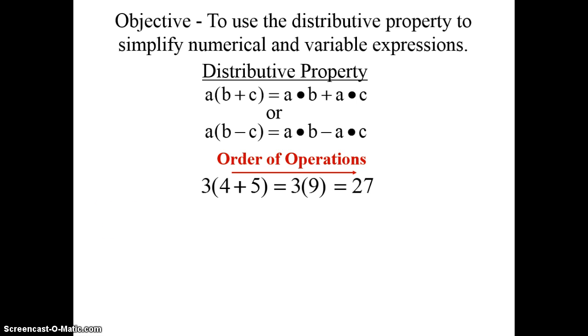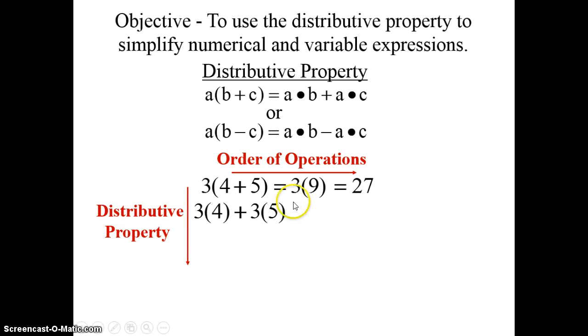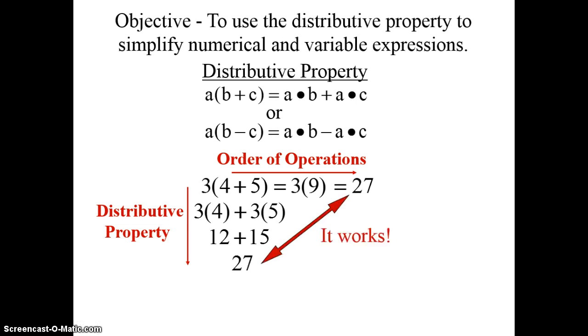When I use the distributive property, I would do 3 times 4 and 3 times 5 separately, then add them together. So after I've distributed the 3 with the 4 and the 5, I could simply follow PEMDAS and multiply first. So multiply 3 and 4 is 12, multiply 3 and 5 is 15, then in PEMDAS simply add, and I would still also get 27. So it works. Now of course that seems like a much longer way, but